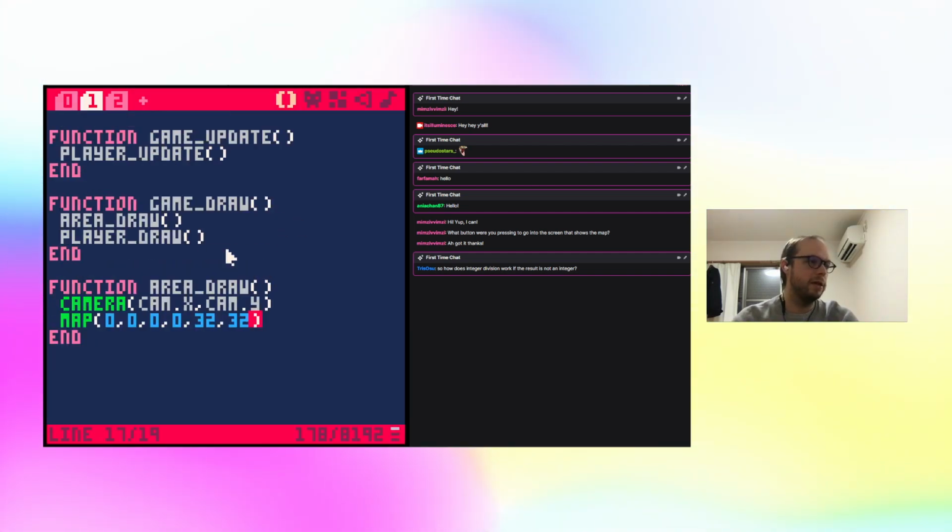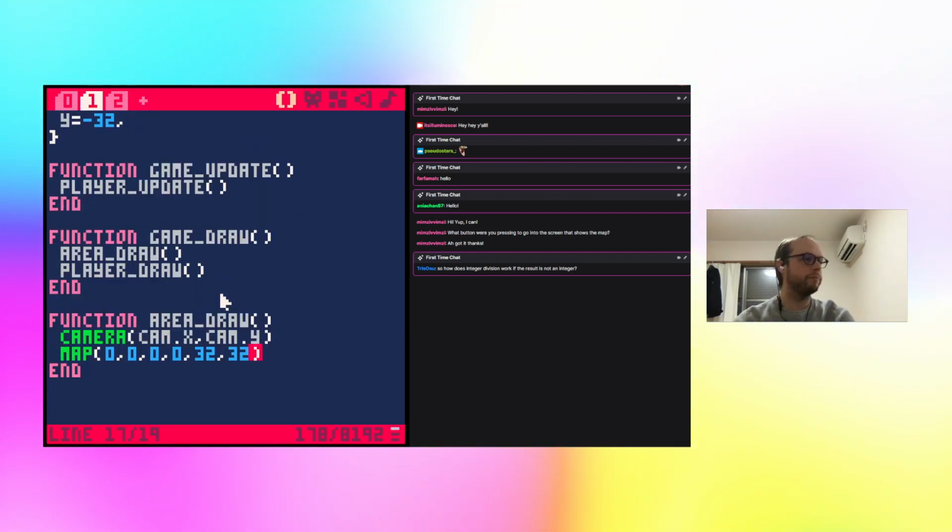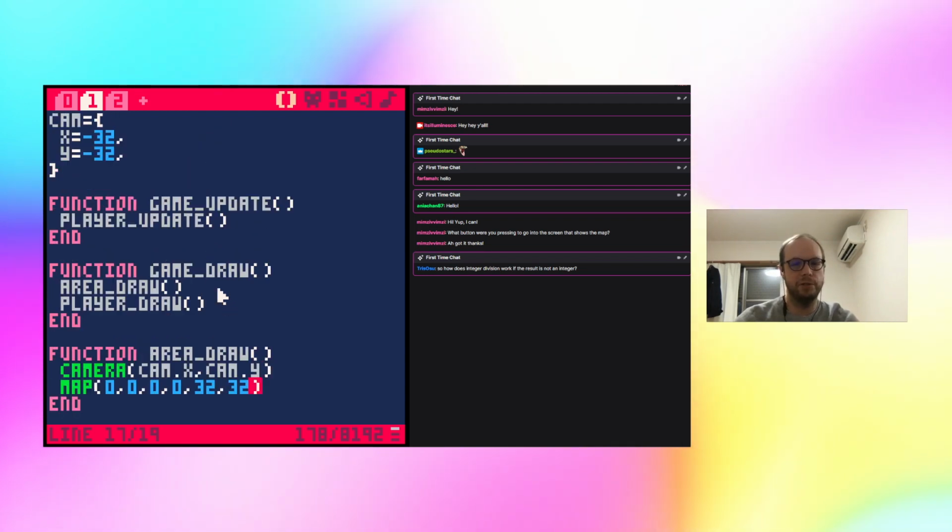There's lots of different ways to handle camera movement. In this game, I'm going to do kind of an old school adventure game feel where when you get to the edge, the camera moves to the next area. So in order to do that, I need to move the camera when we get to the edge of the screen. And the way I'm going to do that is